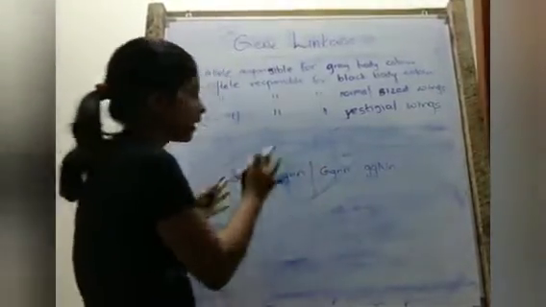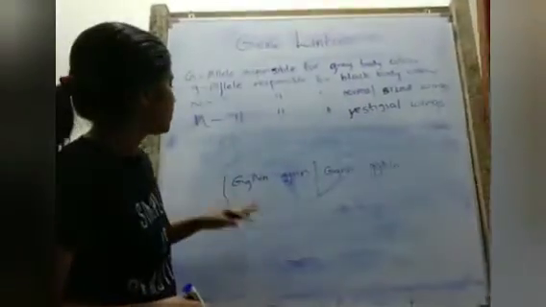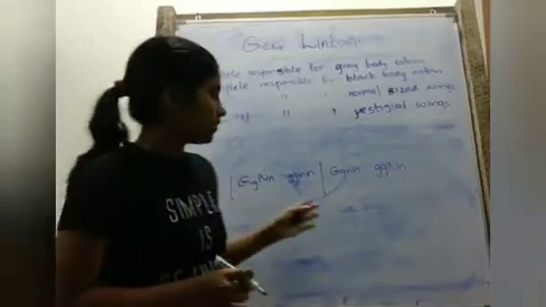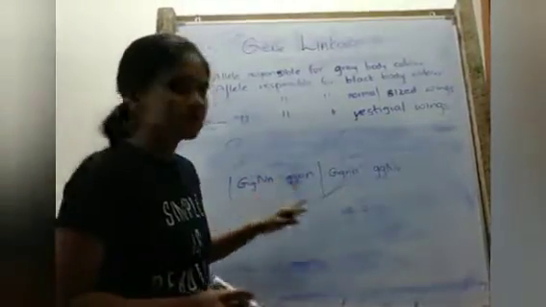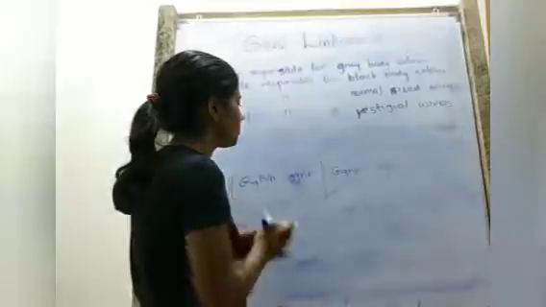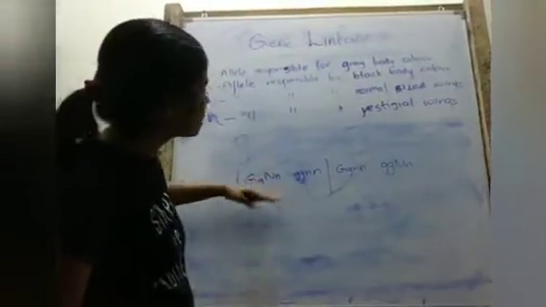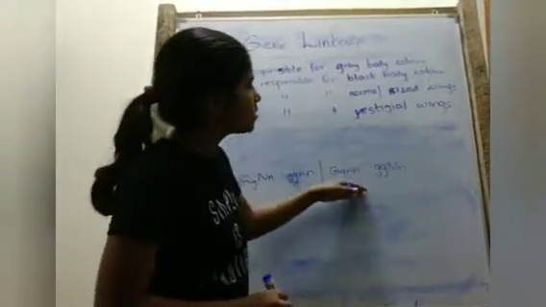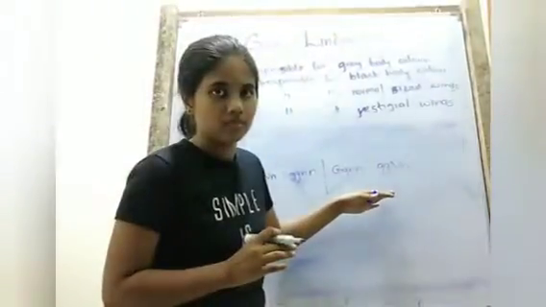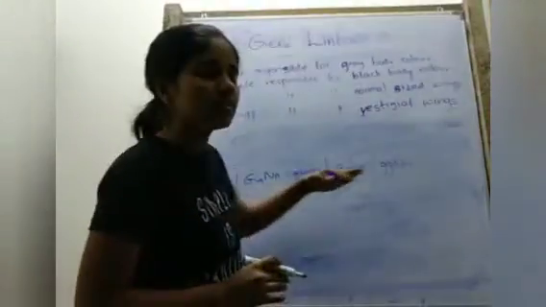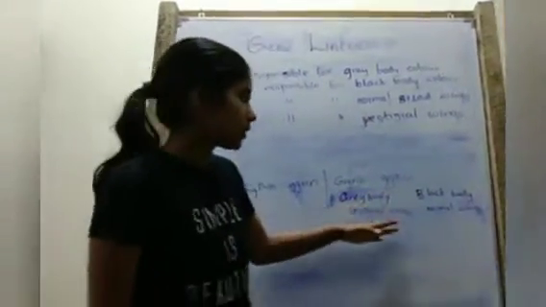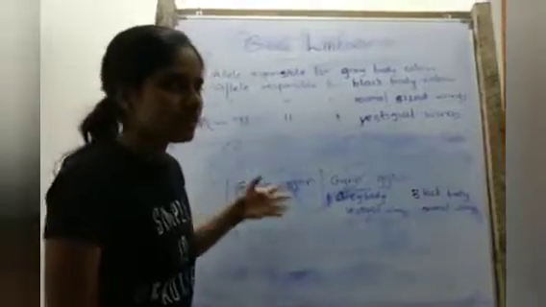These two parental phenotypes are obtained. So the parental phenotypes were grey bodied and normal wings and black bodied and vestigial wings. These are the parental phenotypes, and in the F2 generation also we obtain these two parental phenotypes. But other than these two, Morgan also observed these two phenotypes also occur, but in a lesser percentage than these. So these two recombinant phenotypes were also observed, but in a lesser frequency than these.